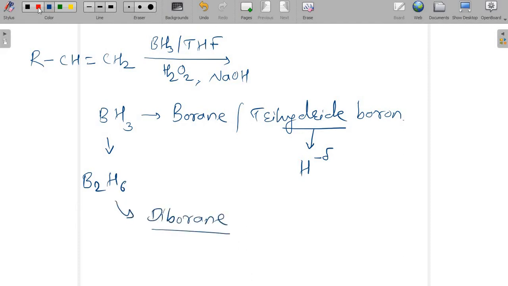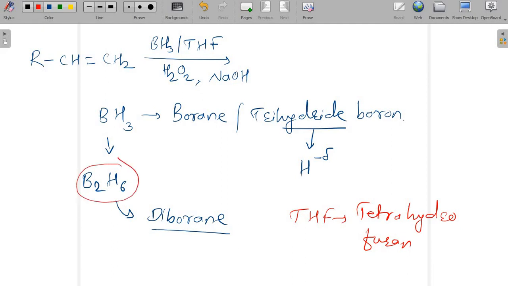So what is this THF? THF is nothing but tetrahydrofuran. This tetrahydrofuran acts as a solvent in this reaction. BH3 is actually a hydride donor present in diborane form. Now the reaction product, if I write here, is RCH2CH2OH. This is the overall reaction product. We are obtaining 3 molecules of alcohol, as we take 3 molecules of alkene.